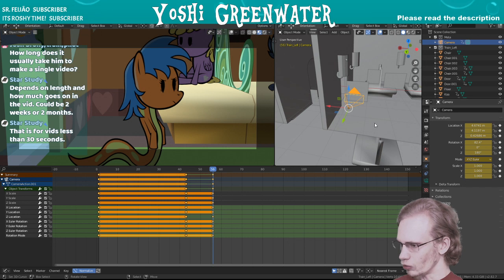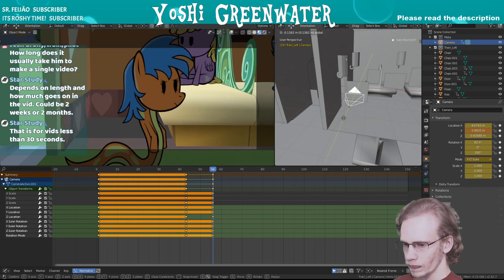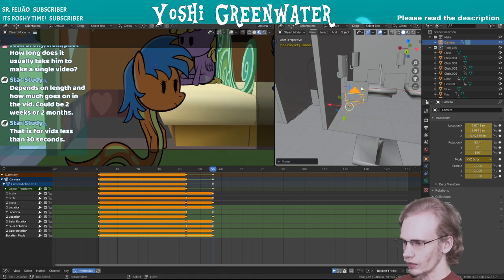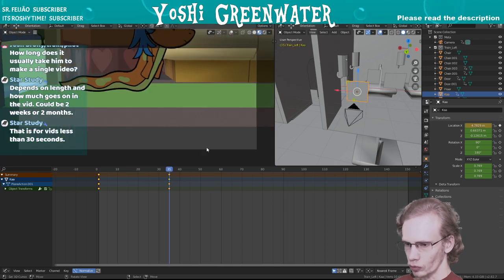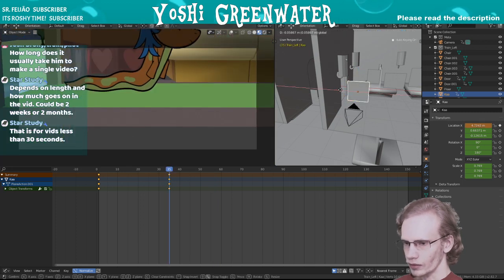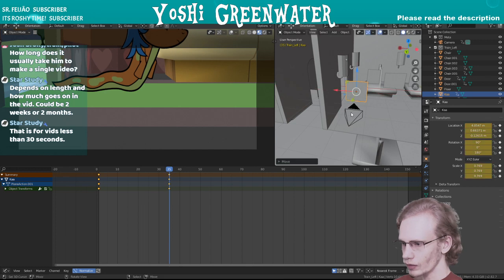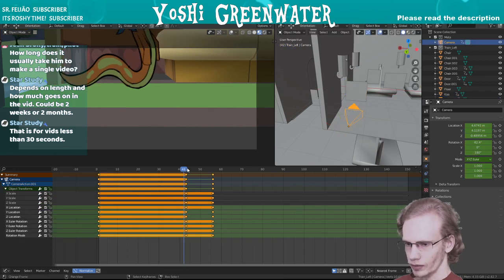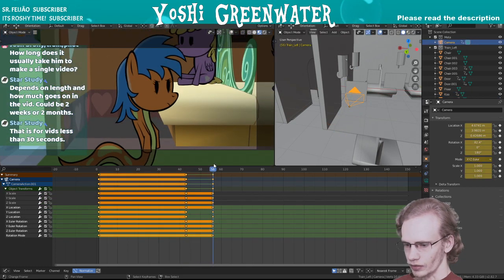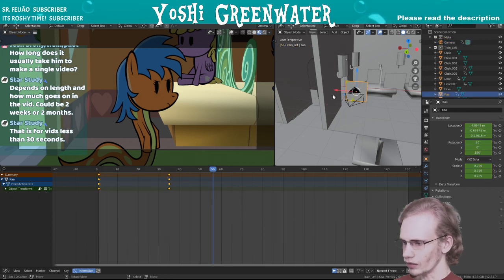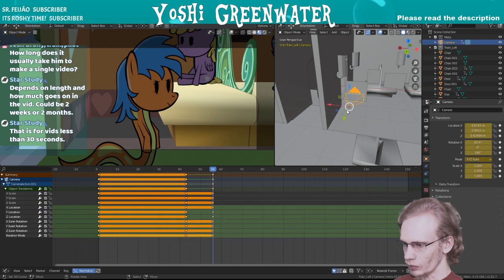Looks like we could zoom in a little bit. Let's get the motion to be more centered. And then I'm going to be playing around with this just to get it all going well. I think it's pretty good. So what's next? We need to add